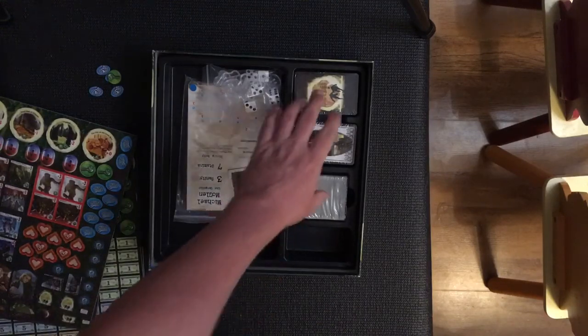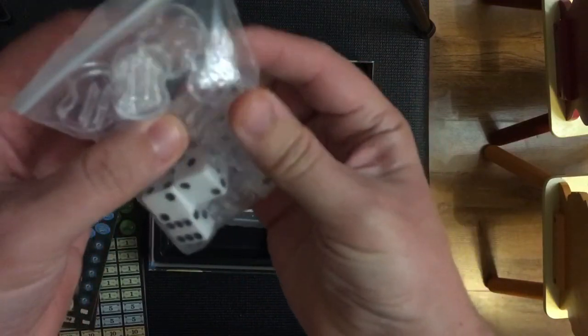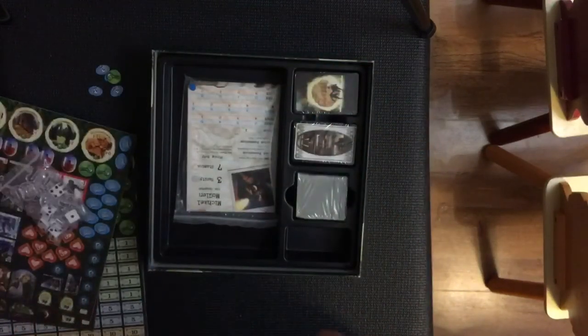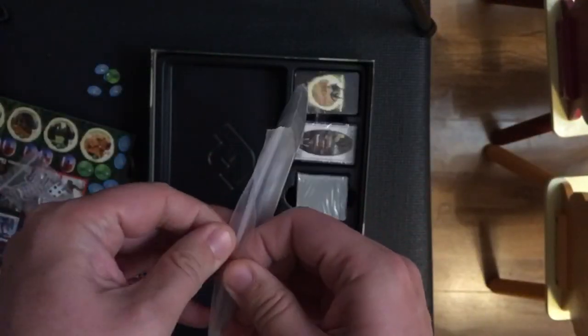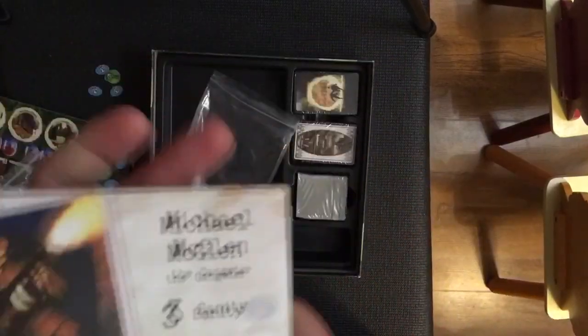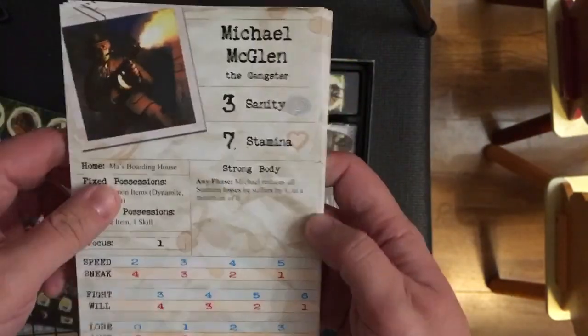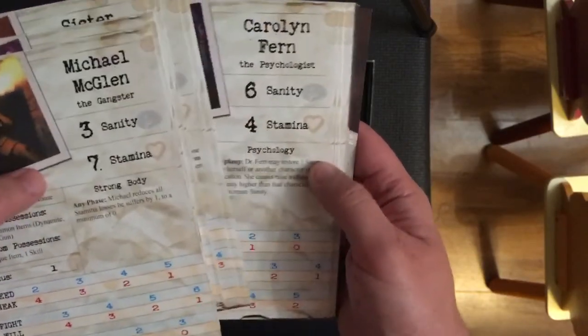So what will we look at next? We've got some cards, we've got a baggie. Let's have a look at the baggie. So very basic, got some dice, some stands for the standees, which everyone will know of. So these look like investigator cards and probably cards for the old ones, the great old ones, whatever you want to call them. So the great old ones, for anyone who doesn't know anything about H.P. Lovecraft mythos, are interdimensional beings of generally huge, massive stature that rule the universe and generally like to screw with